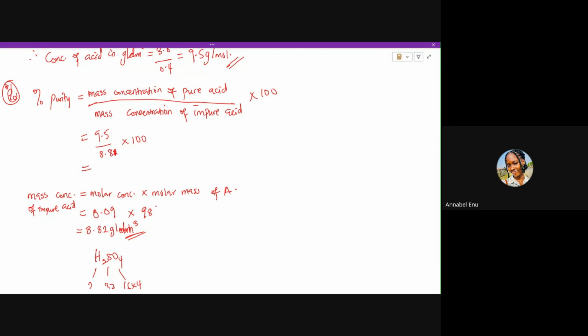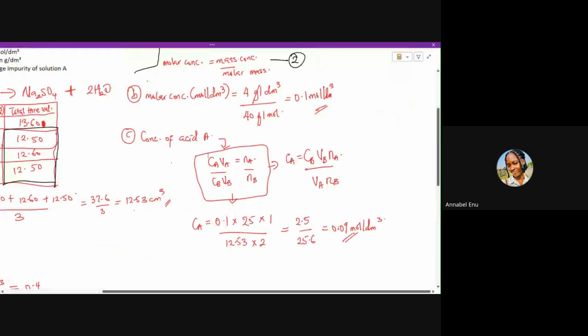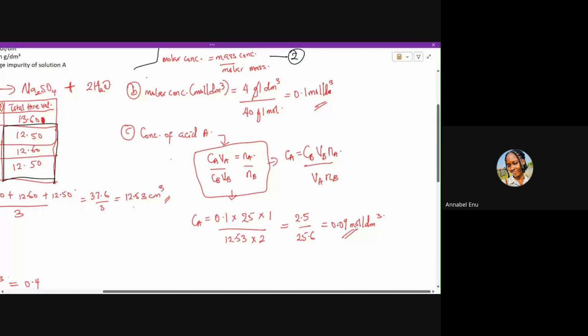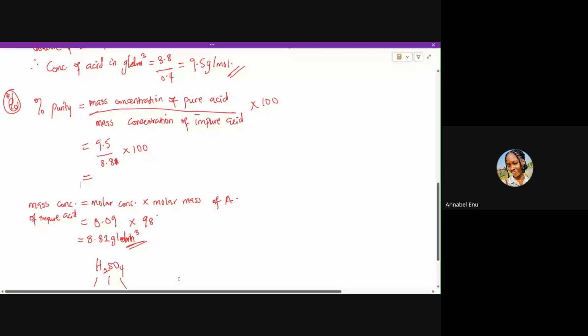Okay, we can actually adjust our molar concentration. So rather than having 0.09, we can estimate it to be 0.1, and then because of that, this place would now be 0.1. So we would now be having 0.1